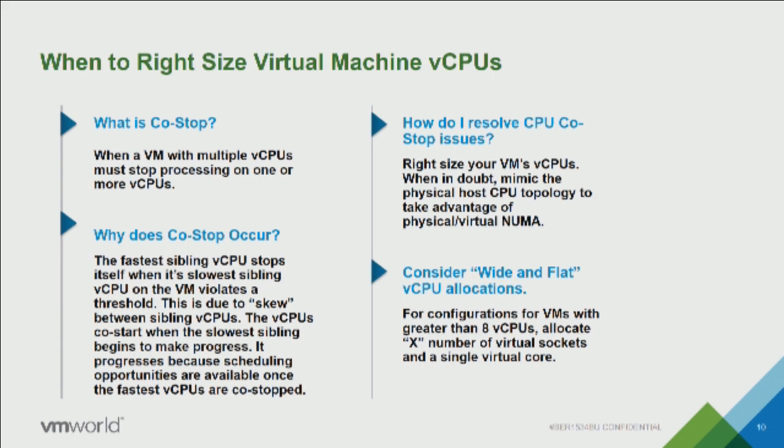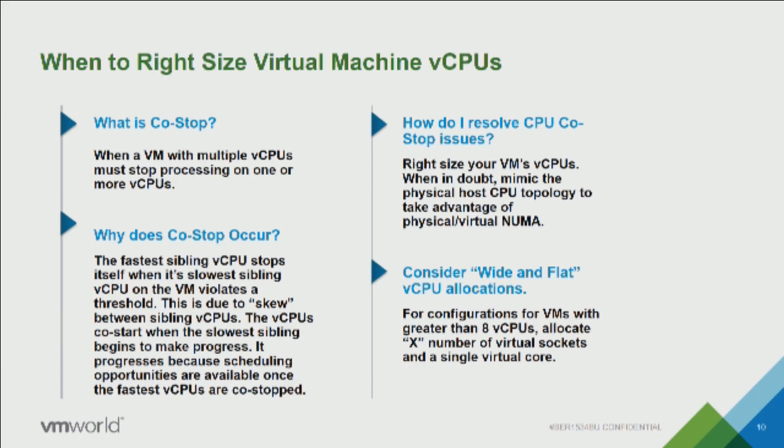It's when your VMs with multiple vCPUs are unable to process. So they're literally told they have to wait. Why does this occur? Because when you have 2 or more vCPUs on the virtual machine and one of the sibling vCPUs is progressing, meaning it continually gets scheduled to run, and the other one is not running. Maybe it's in an idle state because the virtual machine genuinely doesn't need it. Maybe it's just not getting scheduled because the host is in constraint. Whatever it is, if one is progressing and getting scheduled and the other one is not, eventually the CPU co-scheduler